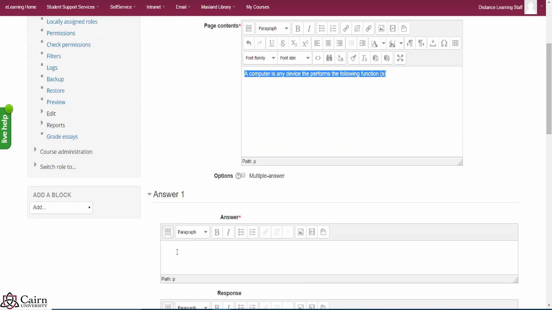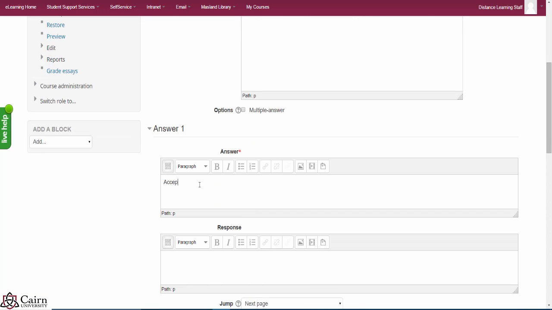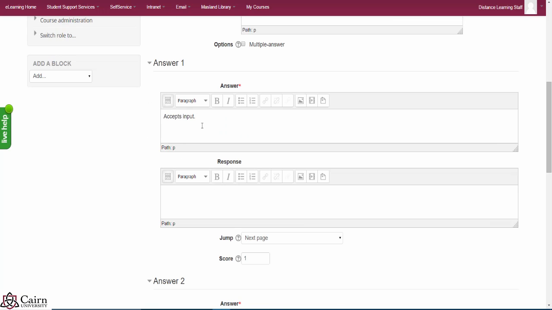Then it's asking us, what's option 1? So we say a computer is any device that performs the following functions: accepts input. And then, if the student chose that answer, you could give them an automated response. This is, by the way, highly recommended when you're configuring those quizzes. So you could say, that is correct. However,